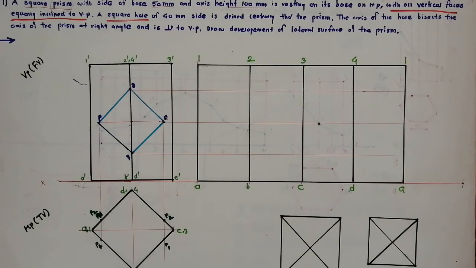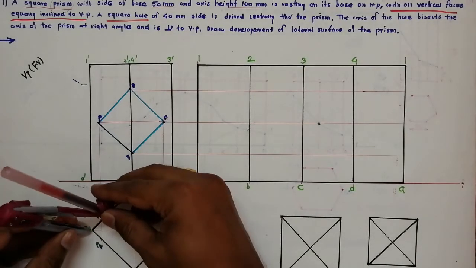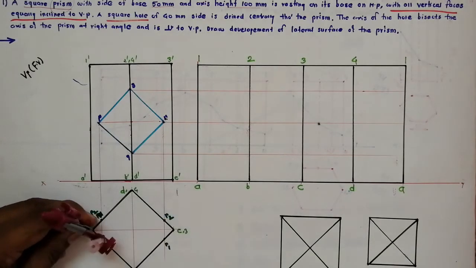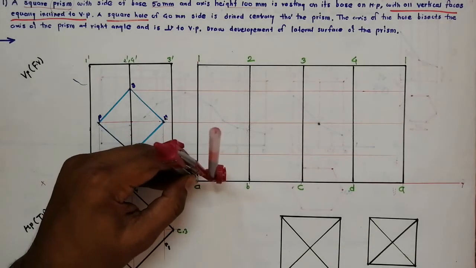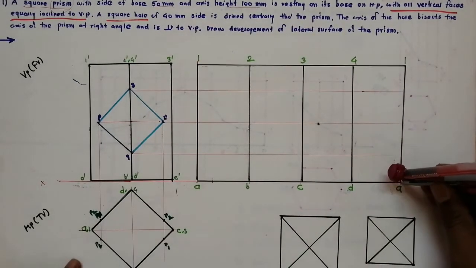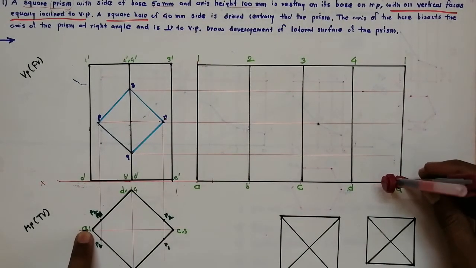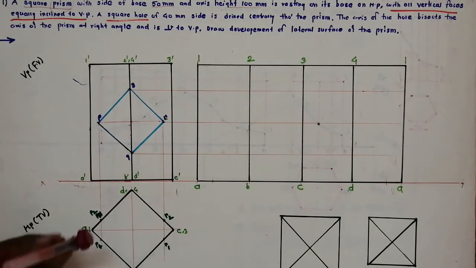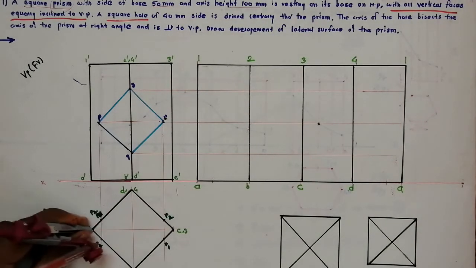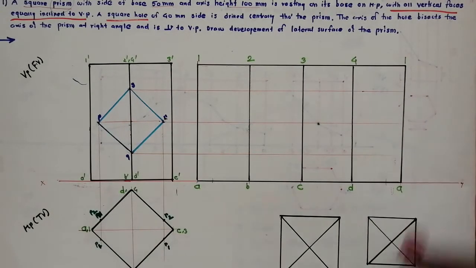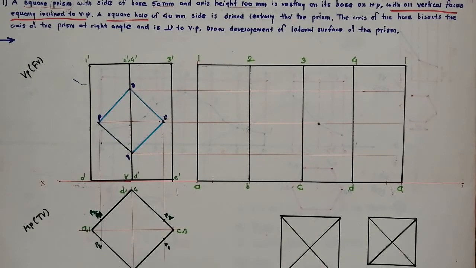Okay, so those distances you have to take from the top view. Here this is the AP1 distance, so the AP1 distance comes here. Similarly it comes on AD, and the distance is from A. You have to be very careful: you have to mark the distance from A, because I have taken that distance from A. So you have to mark the distance from A here and from A here. Okay, so that becomes our P1 point.